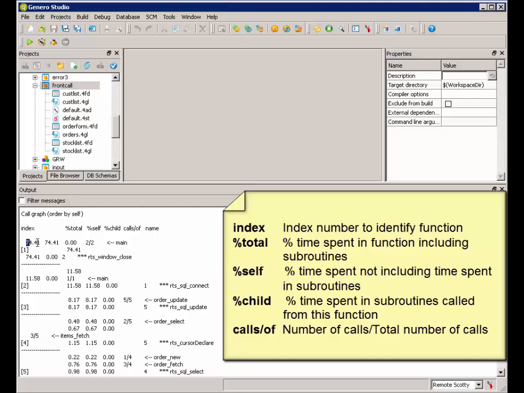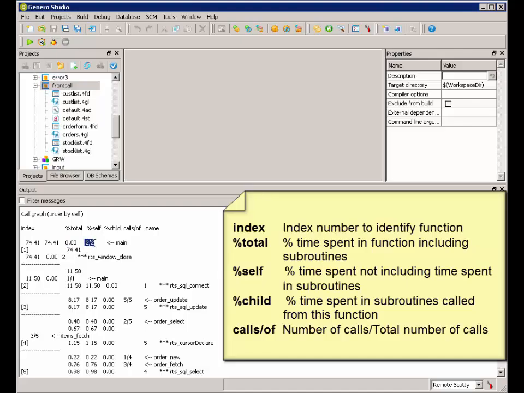Then there's %total, again the time spent in this function, including time spent in subroutines. %self, the percentage of time spent in this function, not including the time in subroutines. %child, the time spent in functions that were called from this function, and then the calls over the number of